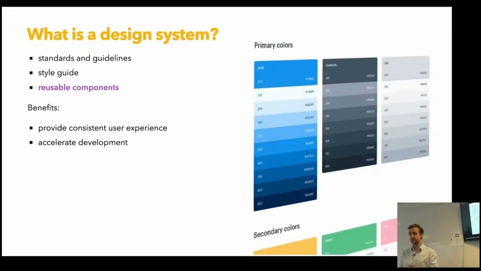So what is a design system? I think most of you know, that's why you are here, but I'm gonna still repeat it a bit. A design system is three things. It's standards and guidelines, for example in terms of accessibility. For example, if you have a design system for cars, maybe you have some specific guidelines for the software in the cars. It includes really the main goal of the design system,